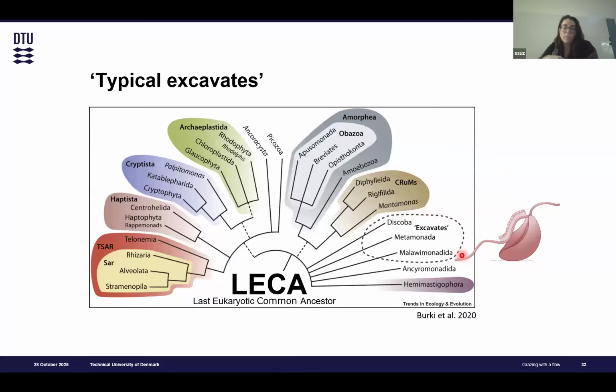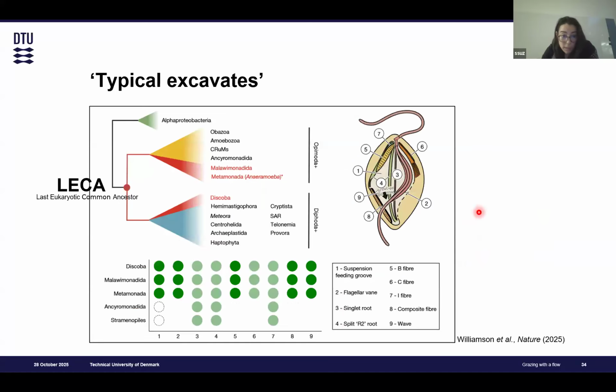the ventral groove. And obviously for us it's of interest too, because if they have these two features, from what our studies show, there's a possibility that the last eukaryotic common ancestor, this eukaryotic cell that we all descend from, might have fed the way we're observing typical excavates doing so. And it's just been recently, this year, that the last study that I'm citing